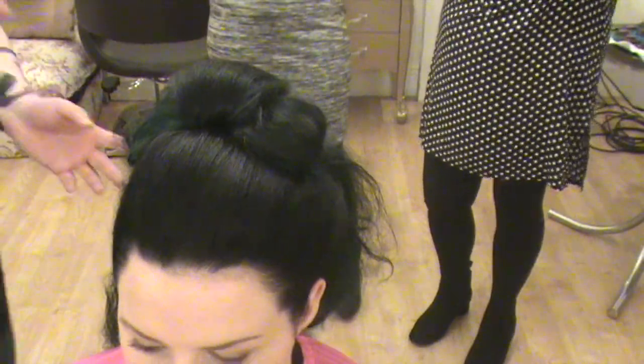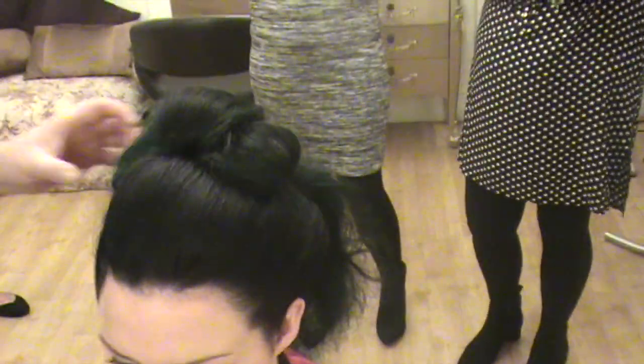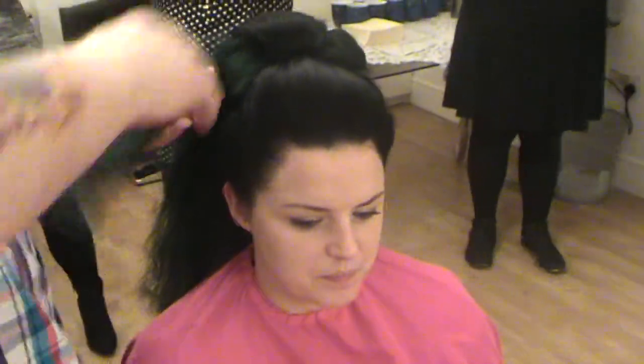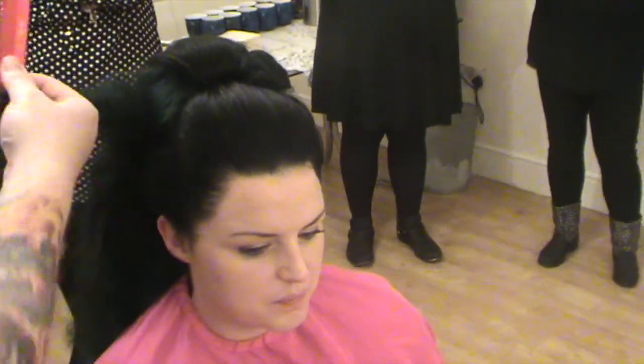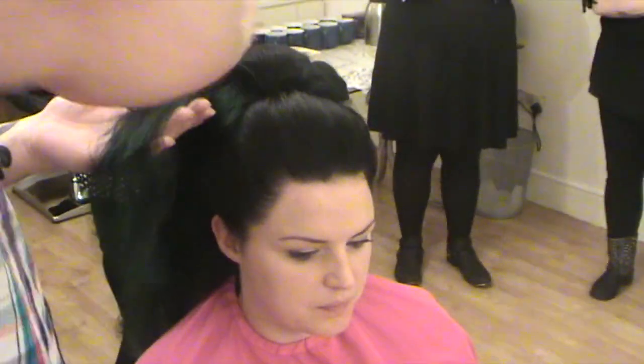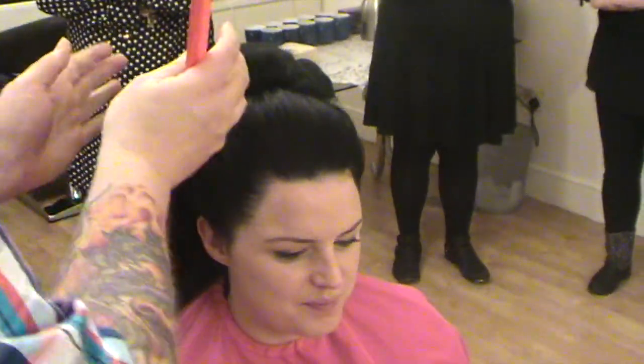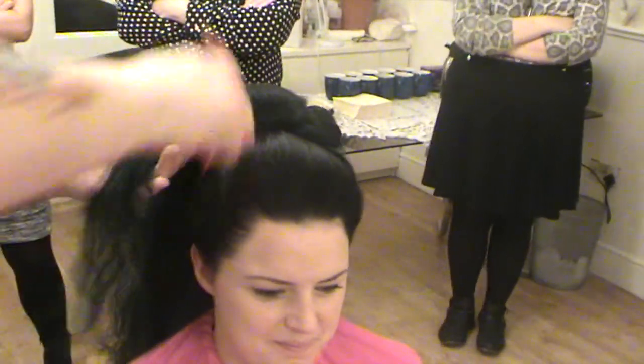See what I'm doing on alternating sides. I'm going to curl this side and curl that side and curl this side. What tends to happen, especially if you're getting anxious and thinking my lady's waiting and this is never going to happen, is your curls get tighter and tighter and tighter. And if you're working on one side first and then the other, this is all lovely big barrel rolls and this is all really tight on that side. So this one, look, I'm going to bring